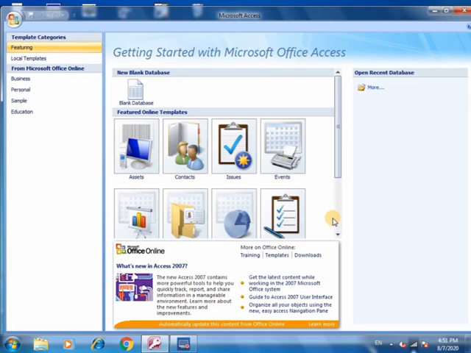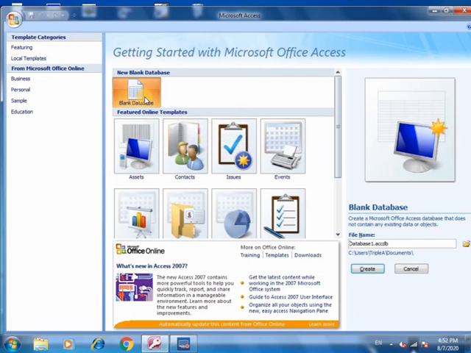How can we make a database? In Access, first of all we have to make a database. To create a new database, we have to click on the blank database option. Here you can type your database name. Its default name is database1.